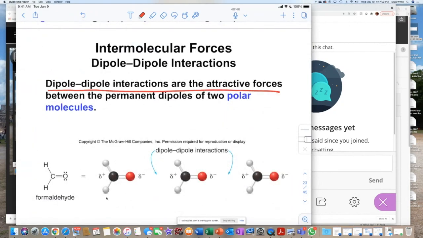Dipole-dipole interactions are attractive forces between permanent dipoles of two polar molecules. So you have permanent dipoles. Permanent dipole means there is an electronegativity difference that is producing these partial charges. And that electronegativity difference is,